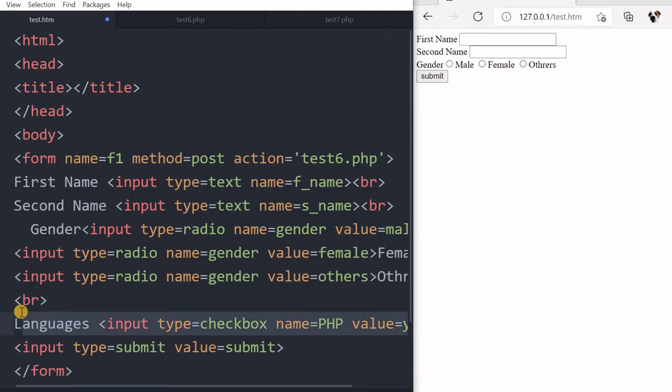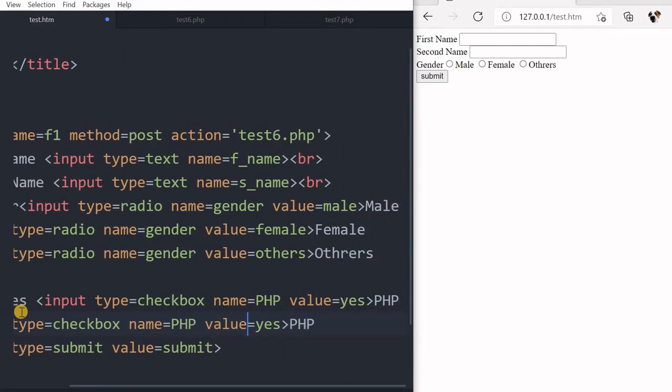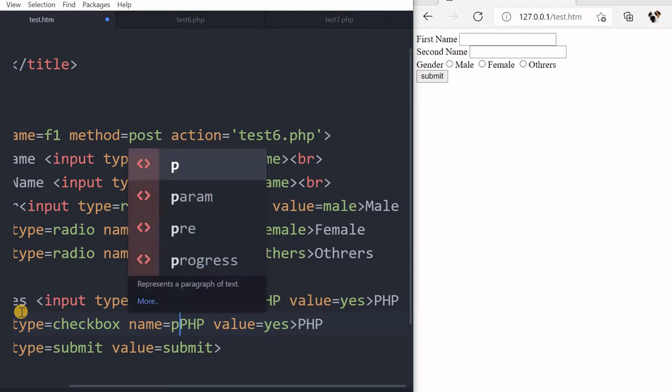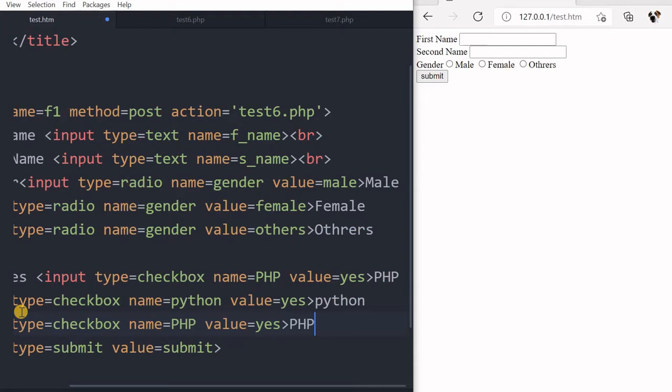Fine, let me just copy and paste it here. Now I will say Python, value yes. Again, after Python, let me say HTML.